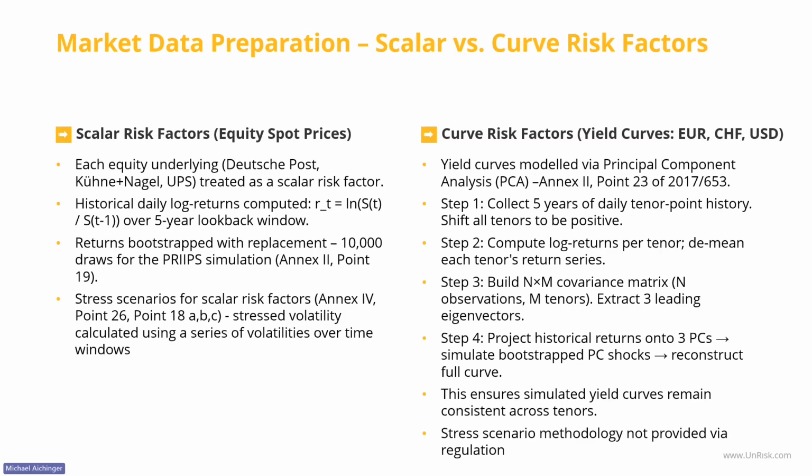Market data preparation: the scalar risk factors are the equity spot prices. So you need, for each equity underlying, the historical daily log returns. These returns need to be bootstrapped with replacement to get the 10,000 draws for the PRIIP simulation. So 10,000 different paths,